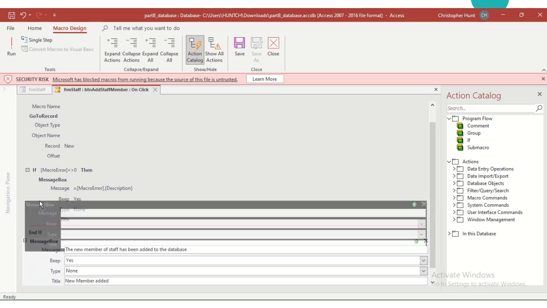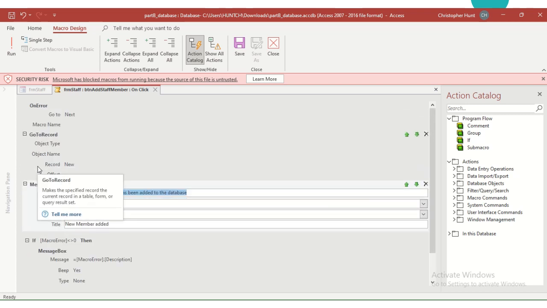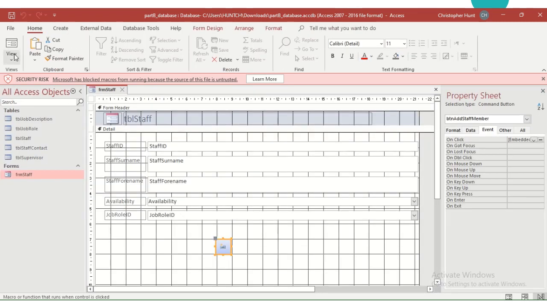So we will move this up to there. Click and save that, update the property, go into the form view,